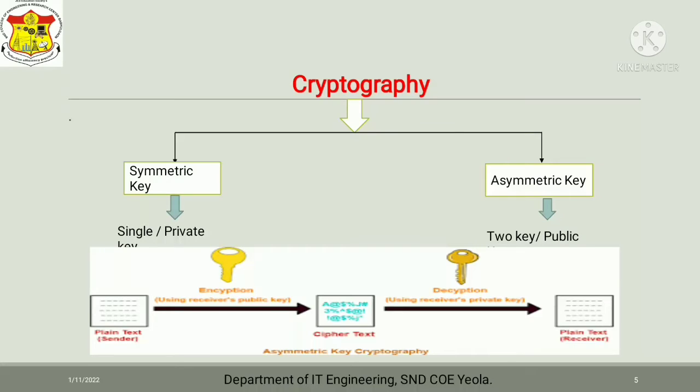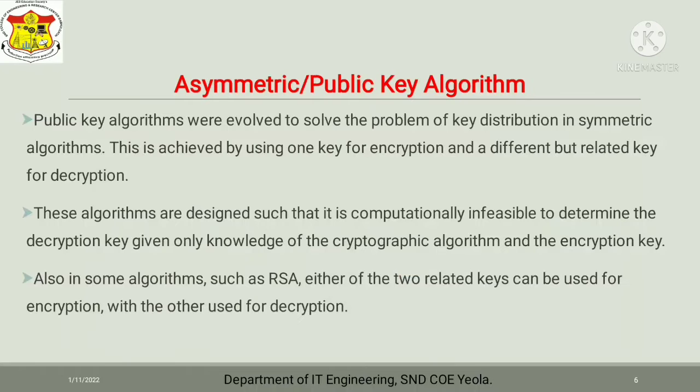The main advantage of asymmetric key cryptography is that two separate keys are used for encryption and decryption. Even if the encryption key is stolen by an attacker, he or she cannot decrypt the message as the decryption key is available only with the receiver. The best examples of asymmetric key cryptography are the RSA algorithm and the Diffie-Hellman key exchange algorithm.